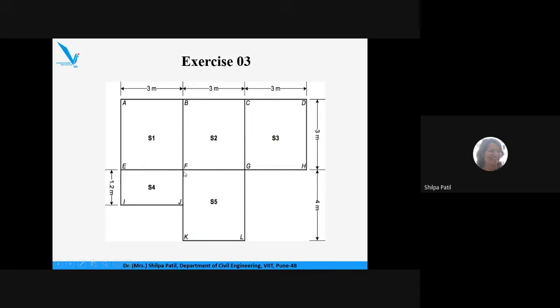Instead of that, there is one approximate method for finding the load acting directly on the column F. In that approximate method, we actually do not consider that the load coming from a two-way slab is distributed to the beam in a trapezoidal area. Here we consider this as a trapezium, this as a second trapezium, so the BF beam will get a load transferred from S1 with some trapezium like this. Then from some trapezium like this, the load will go on this beam. The triangular portion load will go on this beam, and from this triangular portion load will come to EF.